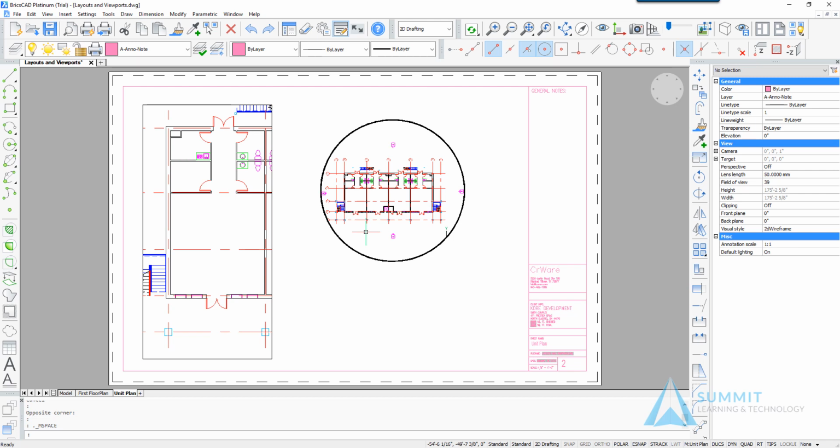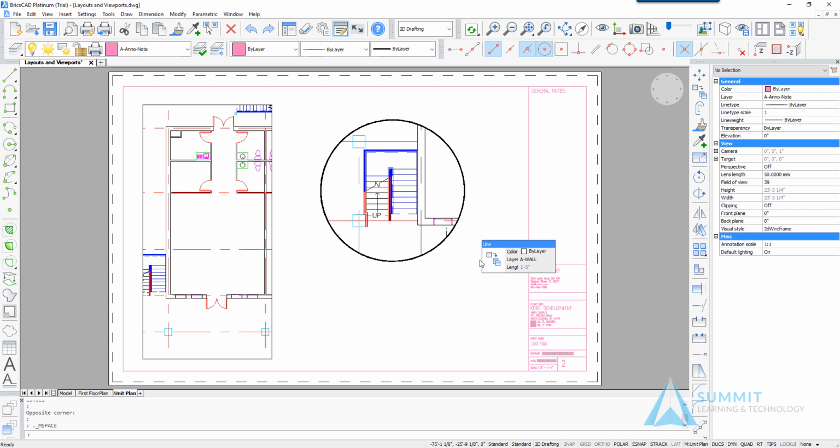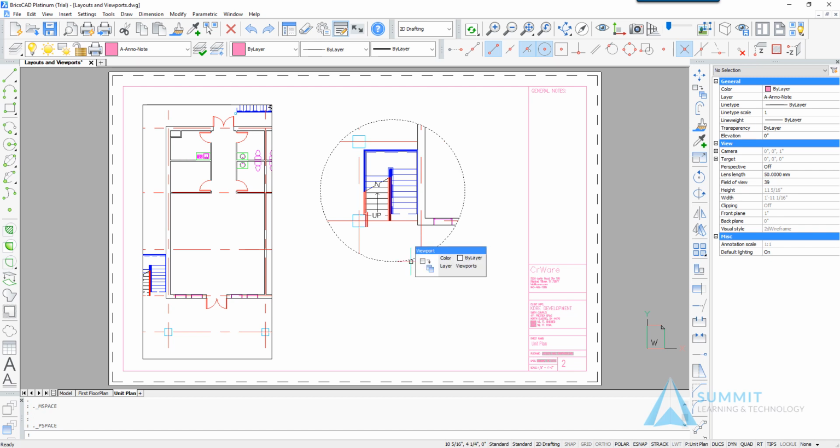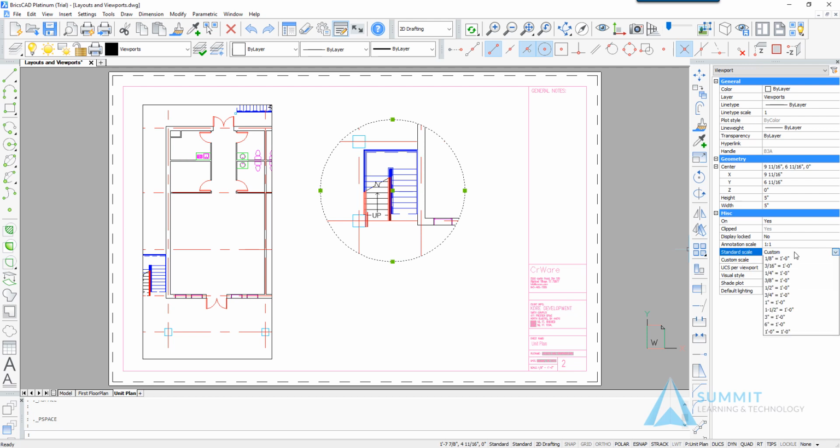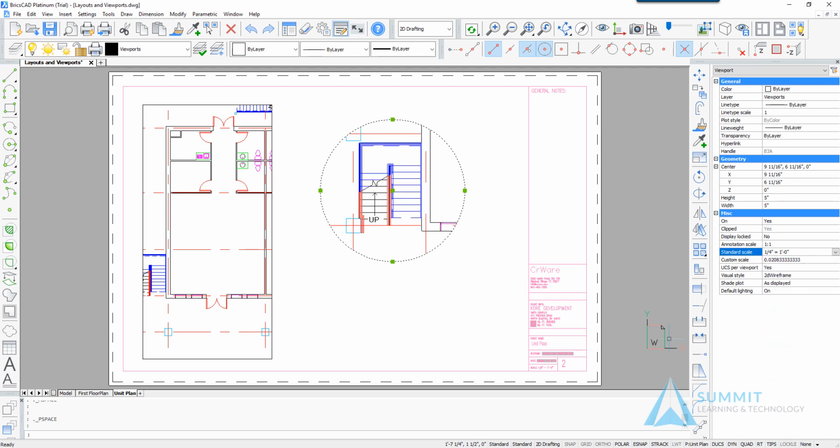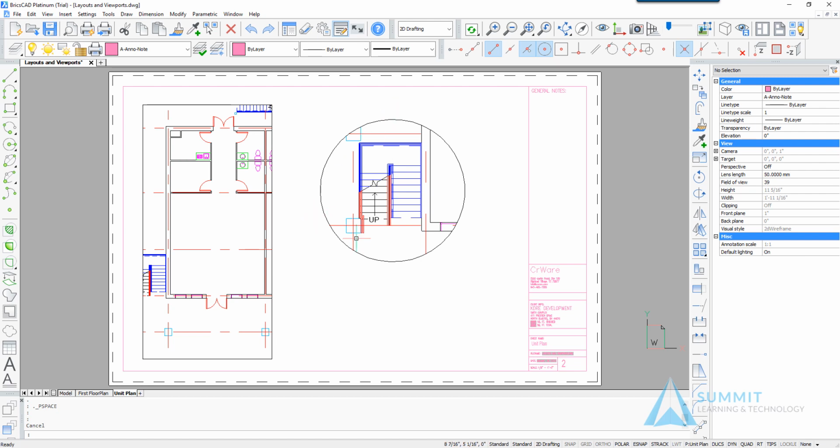Double clicking inside the circular viewport, we're going to zoom in to the stair, center it in the view, and you'll notice that the grid lines are still showing in this view. So let's first change the scale for this to 1/4 inch equals a foot. And then clicking inside the view will turn off the grid lines for this particular view,